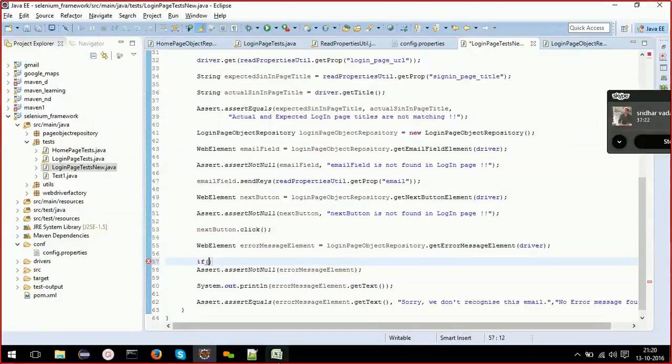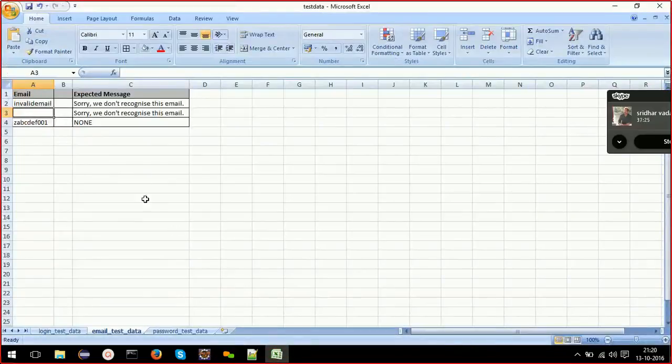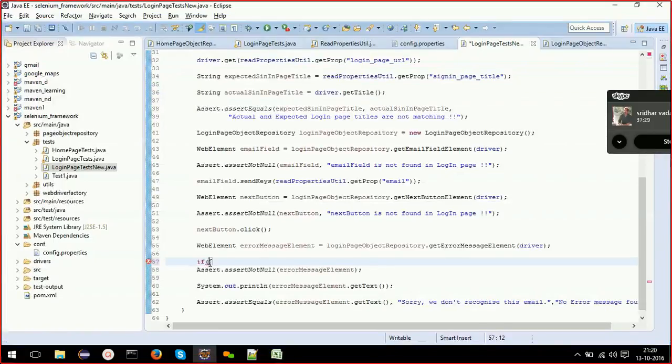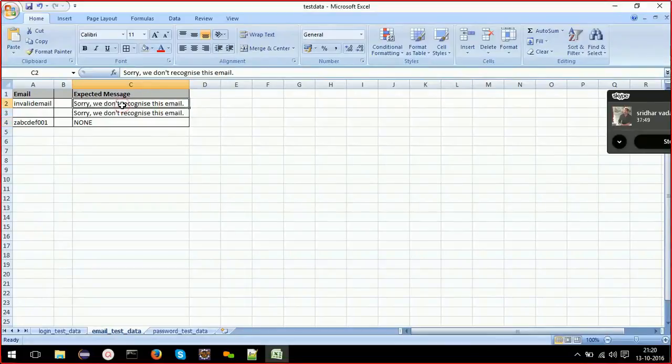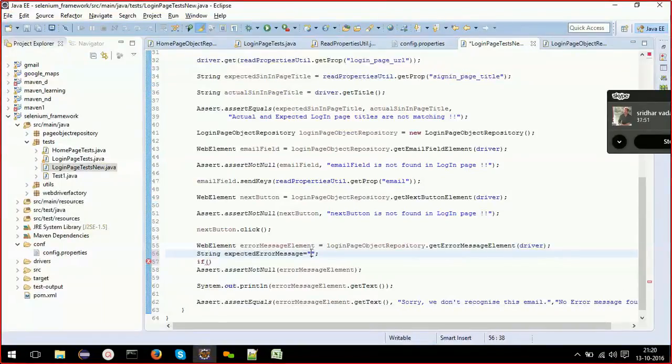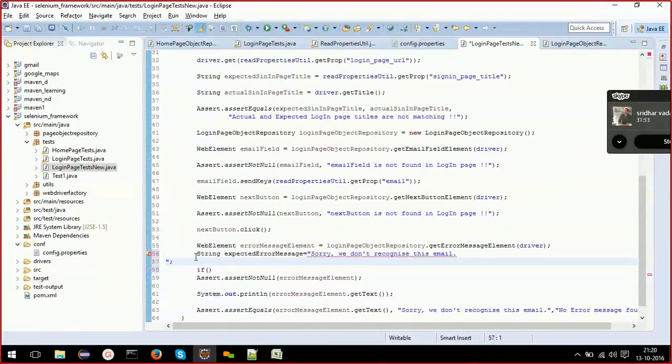Since we need to drive this test case, I'll do it like this. I'll create something like this, string expected error message. I can do two things. This value can be either this.